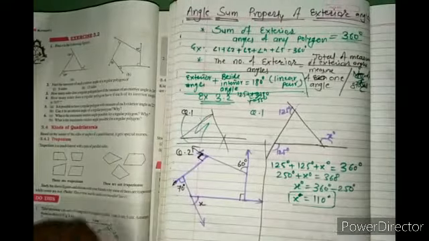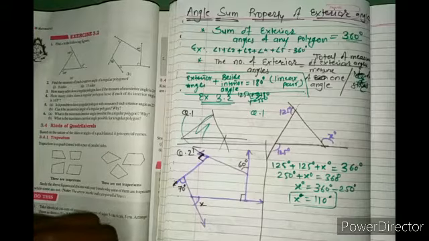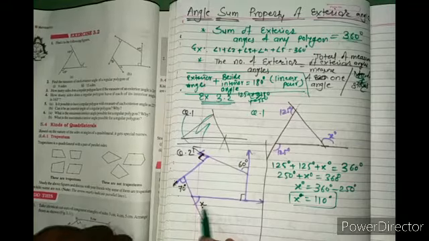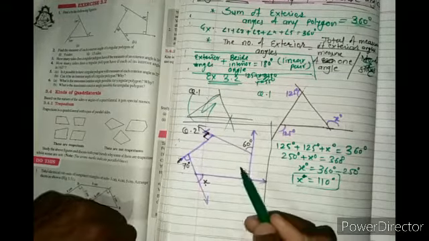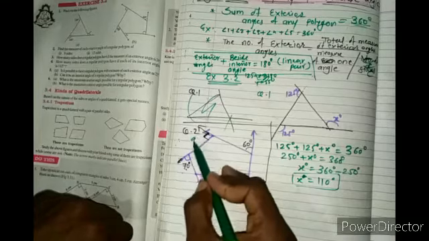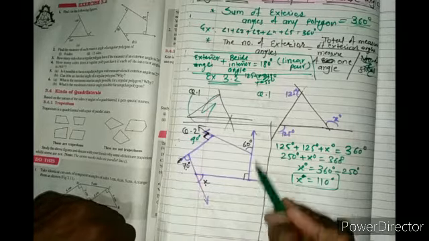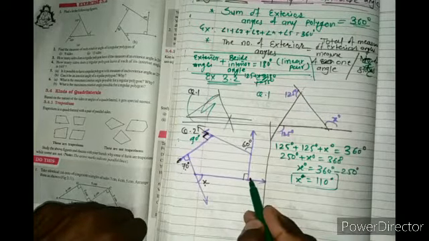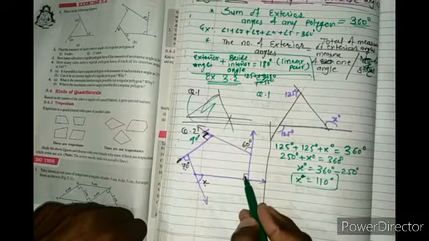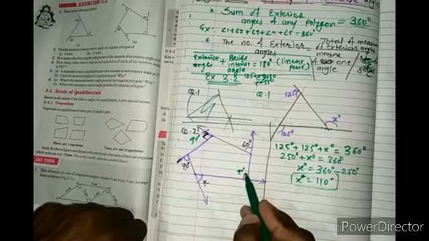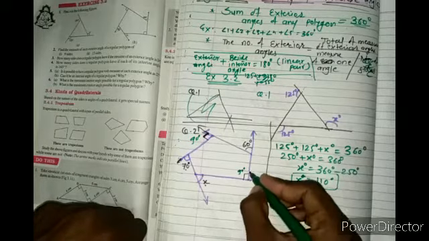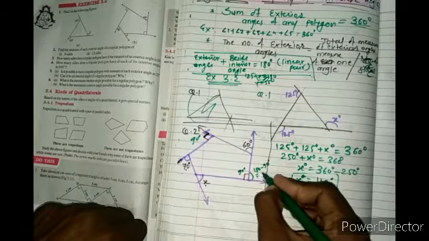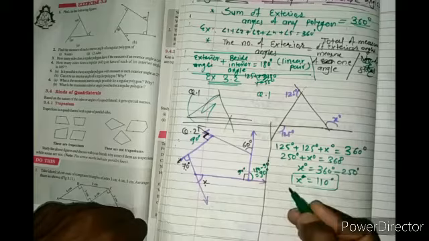Now in the second question they have not given one exterior angle, right? We have to find x. We have given 70, this is 90, this is 60, and what about this? So I have mentioned here linear pair. Linear pair is the sum of this interior and exterior. So I don't know the exterior, but I know the interior. Interior is 90 degrees. So I will subtract: 180 minus 90, so it is 90 degrees.